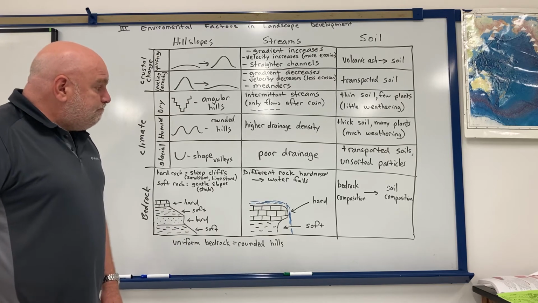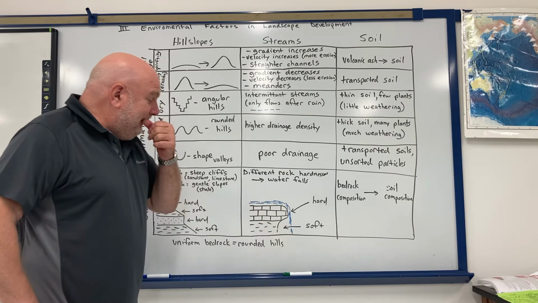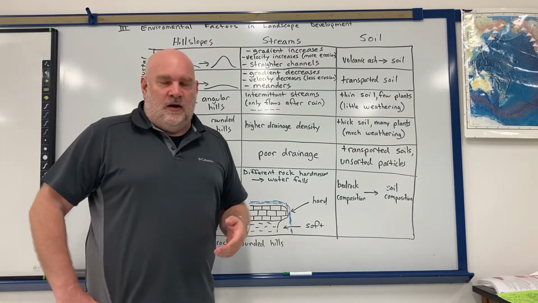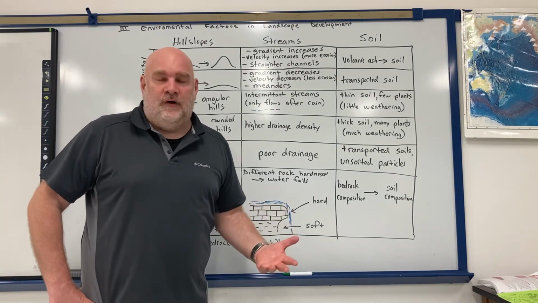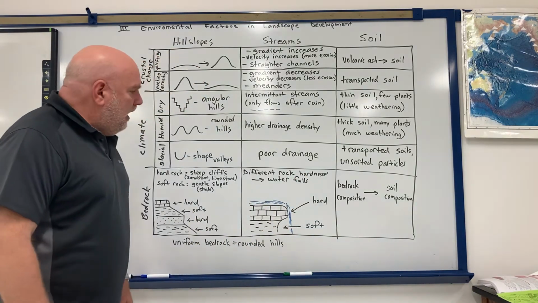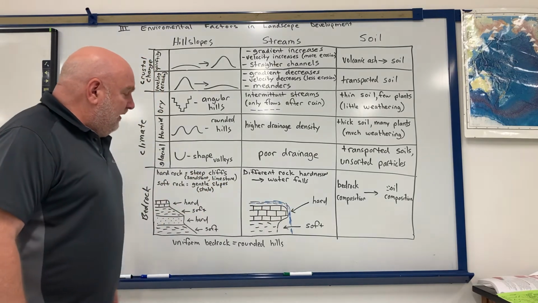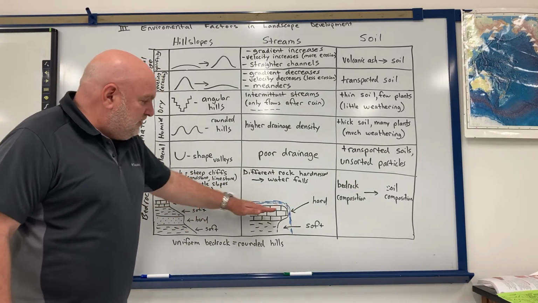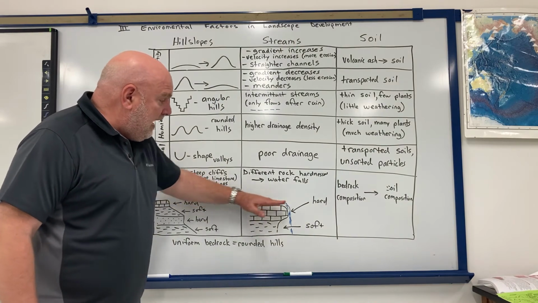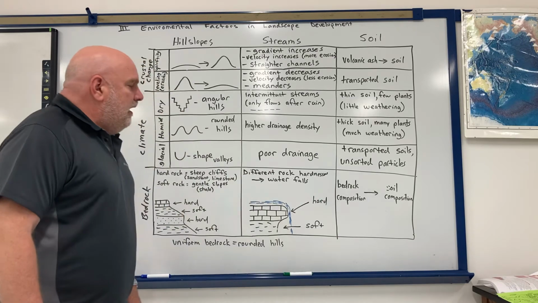Okay? So wherever I have a waterfall, I have a harder layer sitting over a softer layer. Like some of the more famous waterfalls, like Niagara Falls, probably one of, if not the most famous waterfalls in the world. There's a layer of rock on top here. It's actually a dolomite, which is related to limestone, but it's a really hard rock. But then you get the softer stuff underneath it, so that's why I have the waterfall.